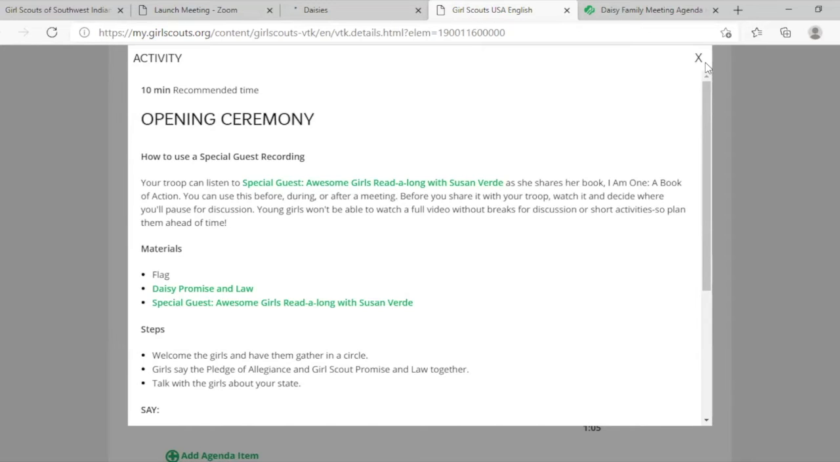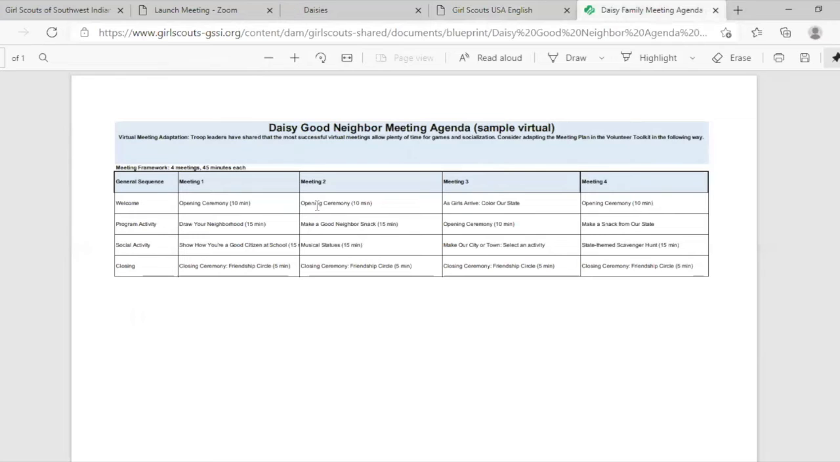Okay, so I'm going to go back to this chart, something to highlight for you. You'll notice here that there are 4 opening ceremonies that are listed. Since there are only 2 meetings in the toolkit, there will not be specific instructions for all 4 opening ceremonies. But if you are trying to create your own opening ceremony, if you're dividing it into 4 meetings like it